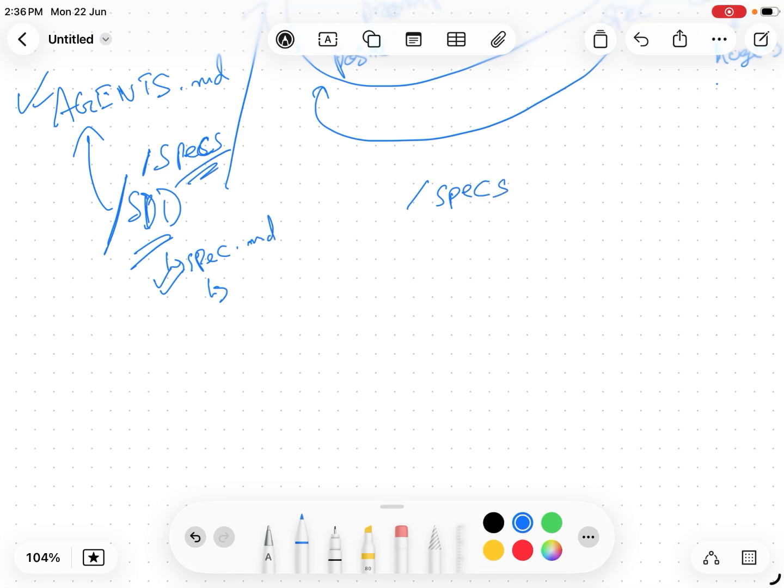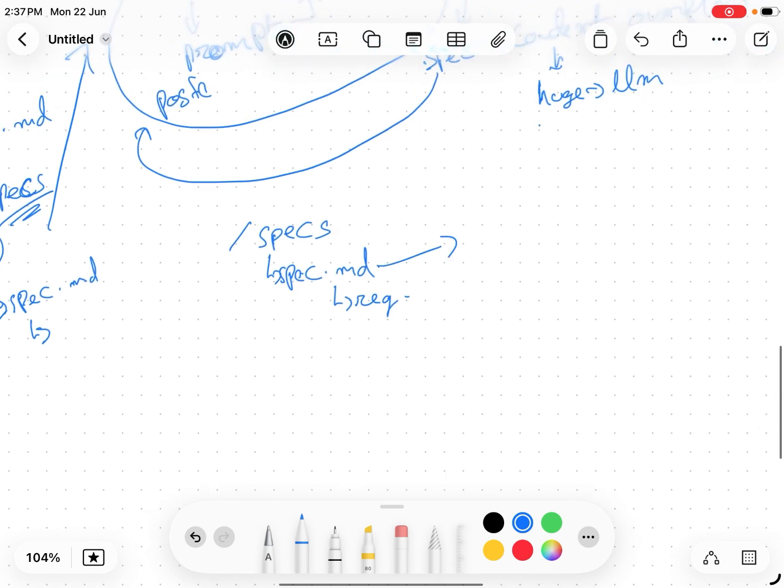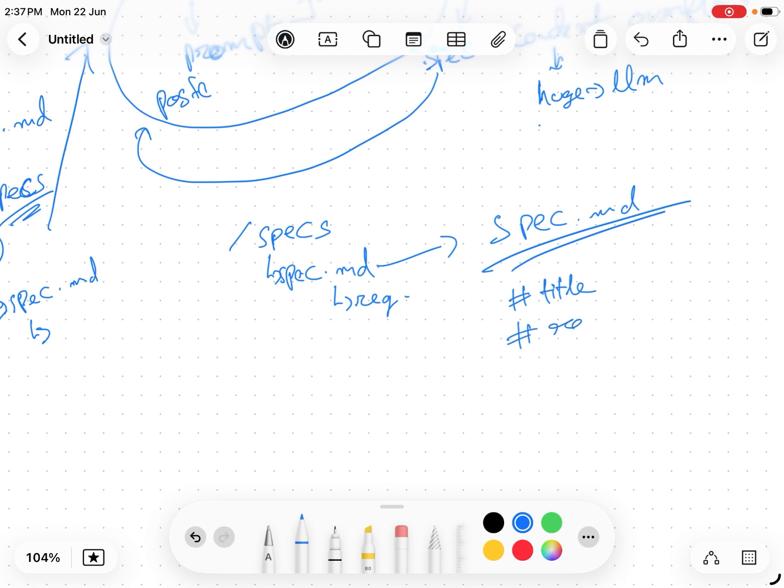So I have a specs folder, and inside this I like to arrange all my specs files. So these are all markdown files, and it has all the requirements. So let me first tell you what the spec file would usually look like. So the spec file, what I usually do is that I put the title, which is for the LLM to read. It becomes clear what the spec file is all about. Then the requirement in detail,